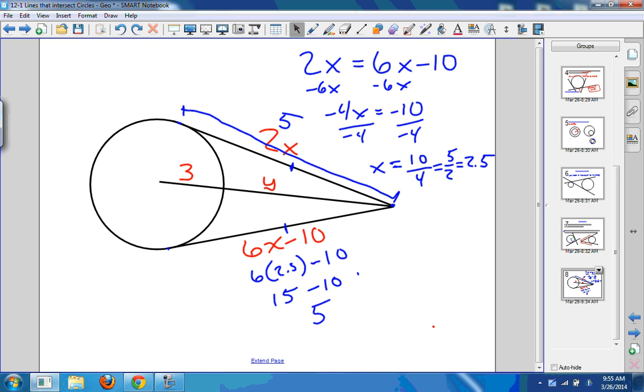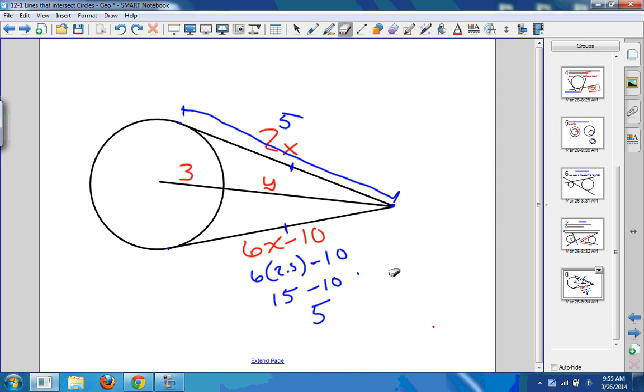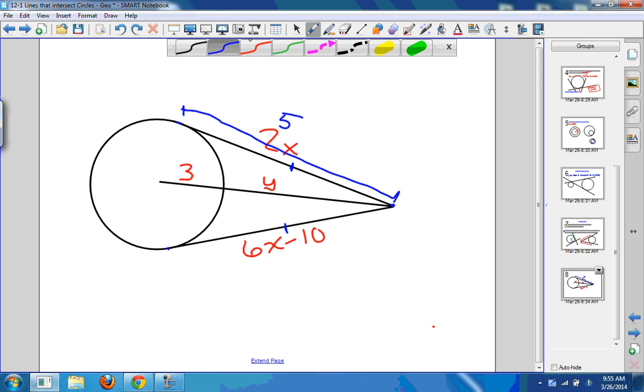I'm going to make some room in the meantime and erase. We're going to have to use the other theorem that we learned to solve for this y. So the other theorem says if we have a tangent line, the radius is perpendicular to the tangent line. And we know our radius is equal to 3. So if our radius is equal to 3, we have this side is equal to 5. This is going to be my hypotenuse here. So I can figure out what this whole side is going to be